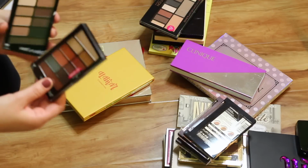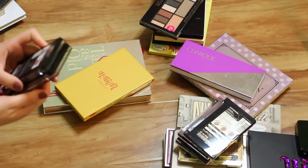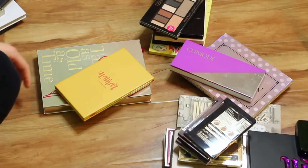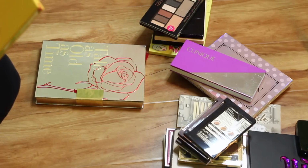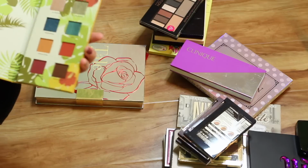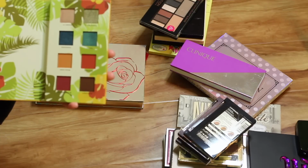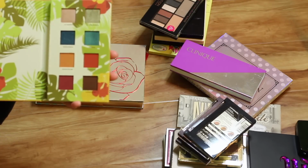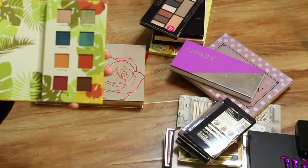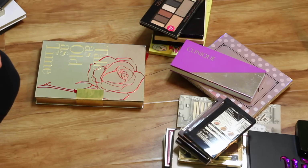My Wet n Wild palettes I'm definitely keeping. I have the Not a Basic Peach, and this one is Nude Awakening. Very pretty palettes. All right, this is the Alamar Cosmetics. I honestly have not even touched it yet, but it's such a gorgeous eyeshadow palette. I got this in the BoxyCharm. I'm probably going to either sell it or give it away before I touch it because it is so pretty though. No, I have a whole bunch of colors like that and I barely use any of the darker colors like that, so I'm gonna give this away